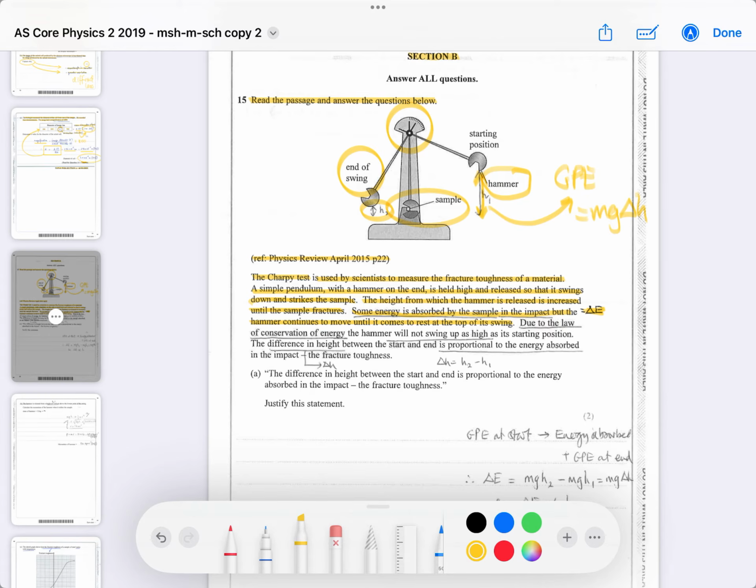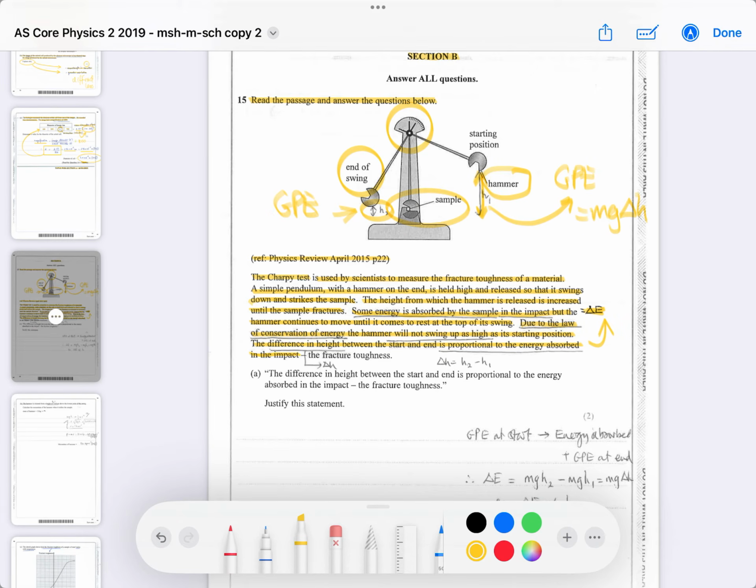So it maintains some gravitational potential energy afterwards related to the height above the sample that it moves through. Due to the law of conservation of energy, the hammer will not swing up as high as its starting position. The difference in height between the start and the end is proportional to the energy absorbed, delta E, if you like,